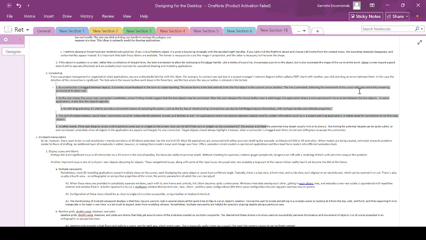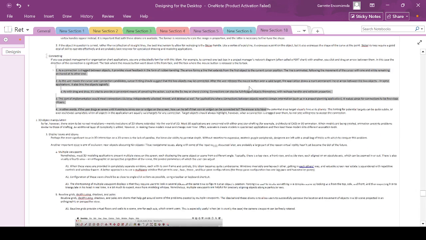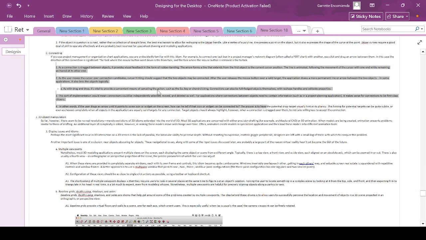So it will follow the cursor while at the same time staying connected to the first object. As the user moves the cursor over connection candidates, cursor hinting should suggest that the two objects may be connected. So as the user moves the cursor over connection candidates, the cursor should provide a hint on what objects it